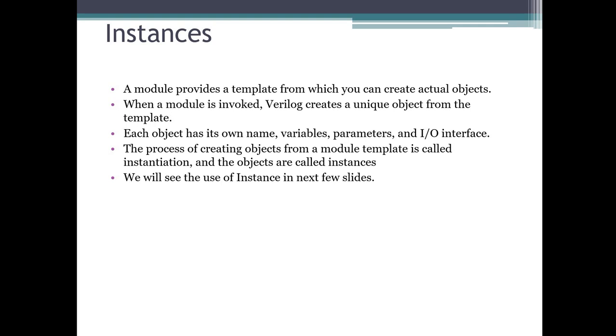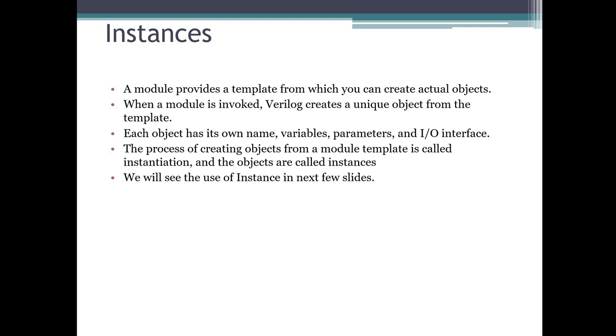We have written code for an AND gate, and when we write the AND gate test bench, there we are going to instantiate our design. There you will get an idea of what the actual object is and how we instantiate it. For the time being, just understand that a module provides a template from which you can create an actual object, and when a module is invoked, Verilog creates a unique object from the template.